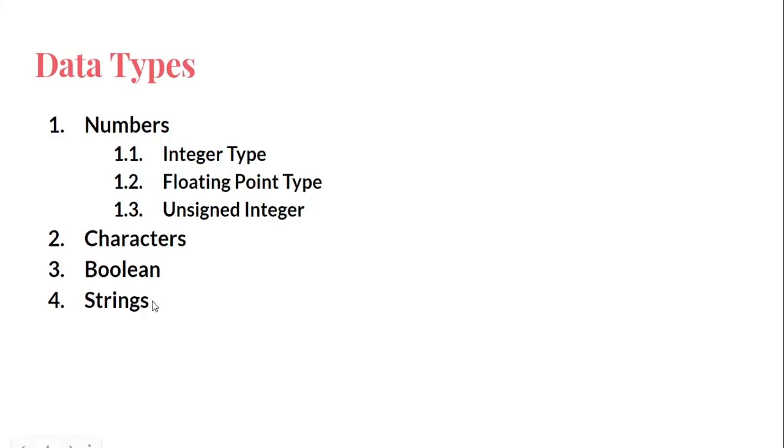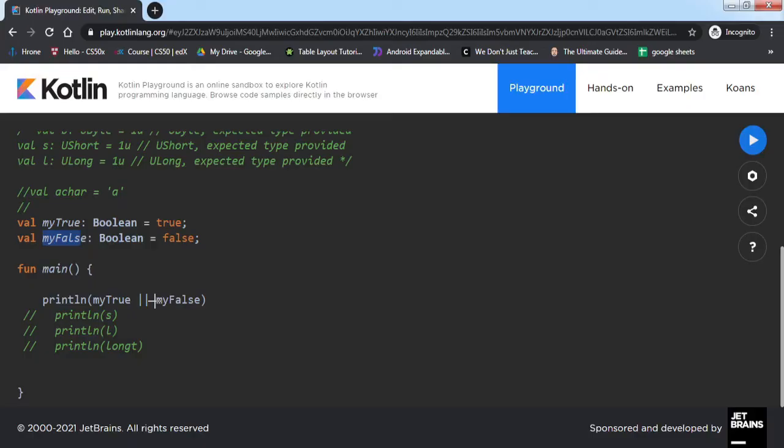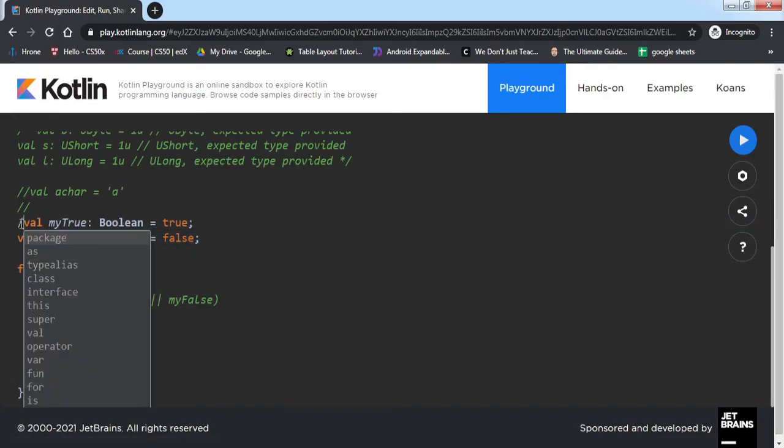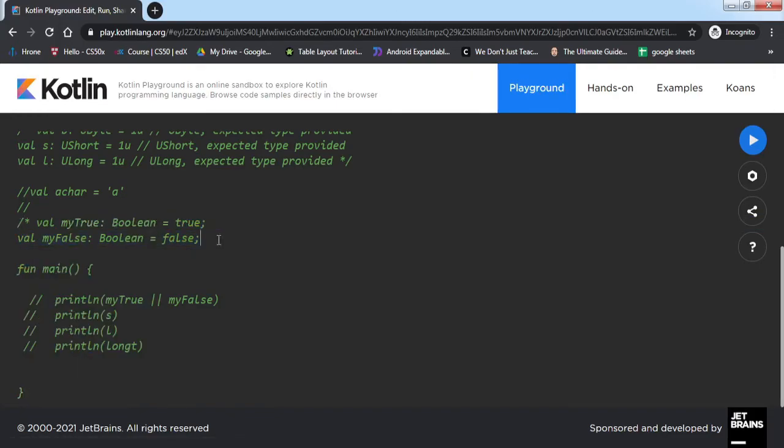And the last one is strings. We'll see how to define strings as well. So string is not a primitive data type, it is a predefined class inside Kotlin, just like Java. If we want to store more than one character, we use strings.